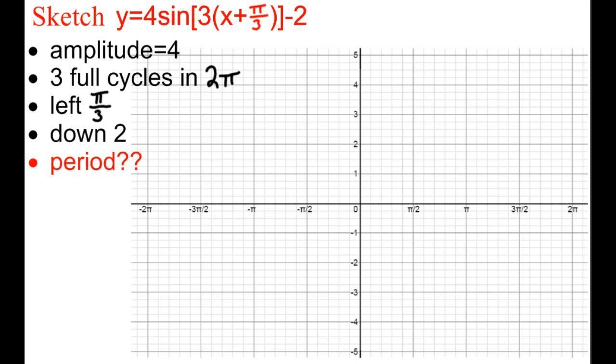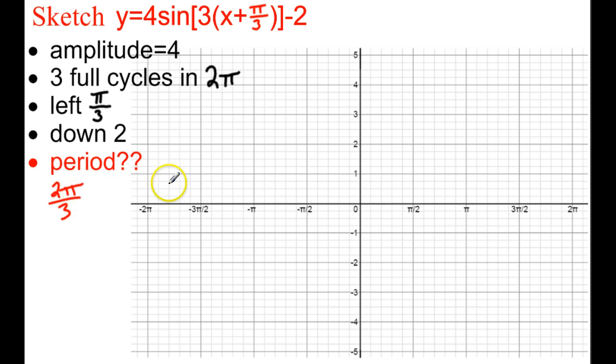So if all of this were hidden to me, and that's my original y value, I'm simply subtracting 2 from that to get to my new position. So those are the actual numbers. The one question we sometimes are asked, or need to be sure we understand, is what the period is. And the period, of course, is just the length of one full cycle. Well, if we have 3 full cycles in our 2 pi,